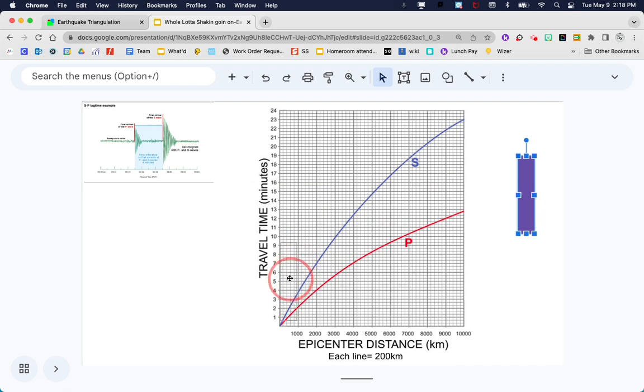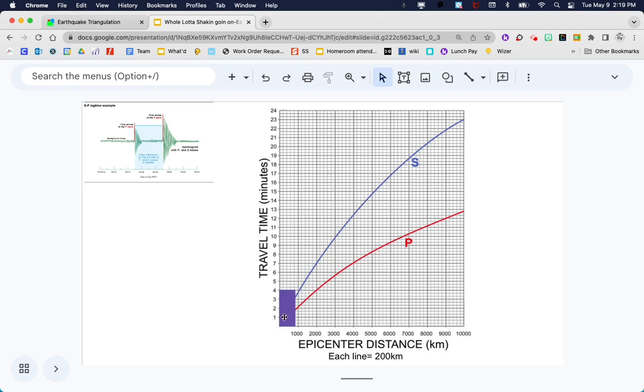So I take the shape and I make sure that the bottom left corner is at the 0 mark. So this bottom left corner right here at 0, and I change the size of the shape until the top of it lines up with 4. All right, so that's a little bit short, so make that a little bit taller. And then once we have it as exactly the right size, from 0 to 4,